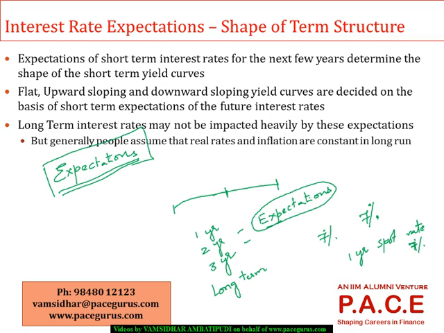I am expecting that the 1 year spot rate next year is going to be 7%, or the other way of saying it is, yeah, the expected rate is 7%, but the possibilities are there could be 8% or 6% with equal probability. Still the expected is 7, right? But there is a difference between saying the interest rate next year can be 8% or 6% versus saying the interest rate next year is